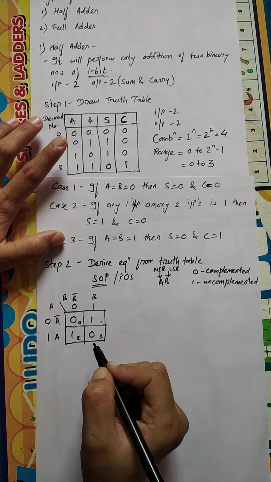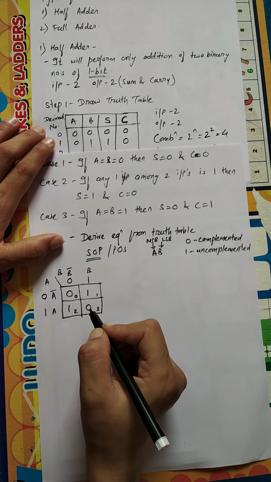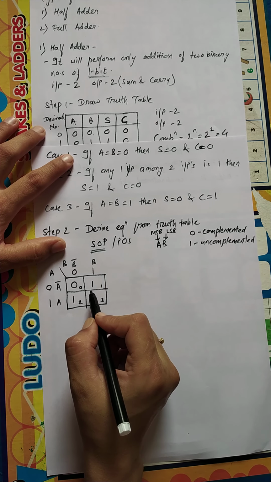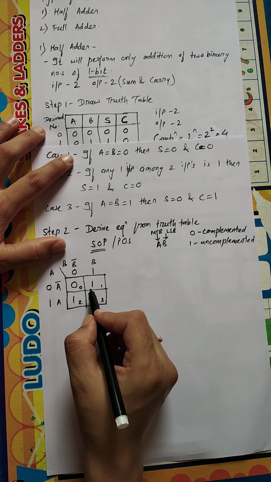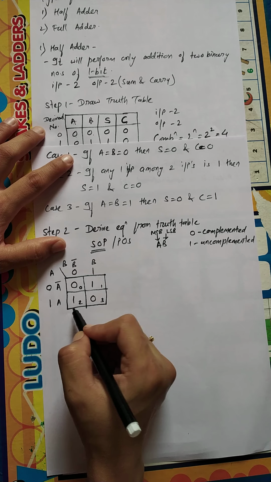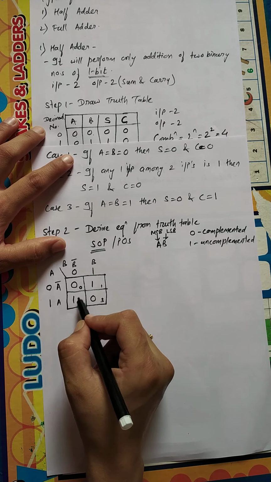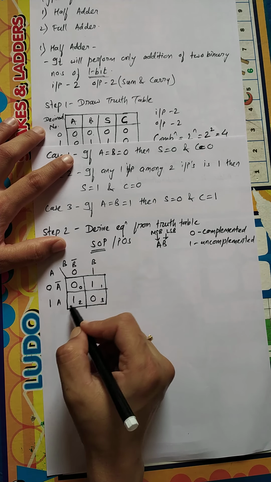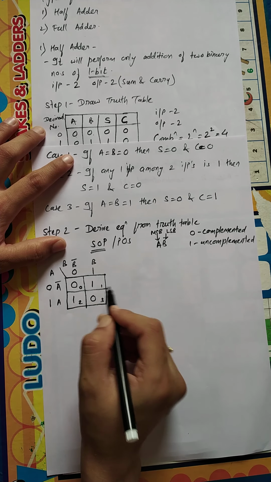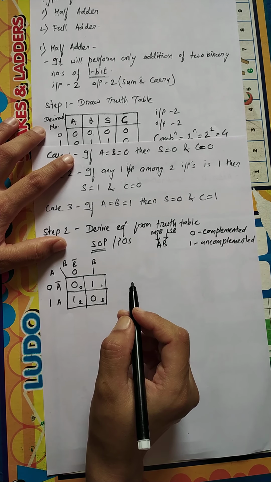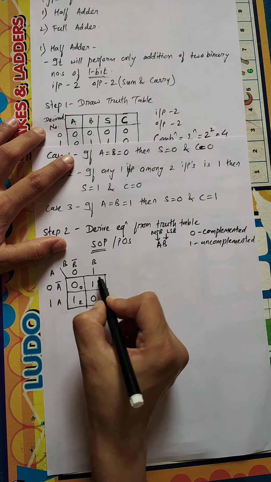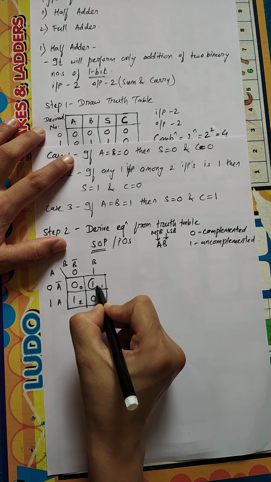Now I have to form an equation. For forming an equation, I have to group the ones. For grouping, we have to see whether we can form a group of 2 ones or not, since we are having 2 ones in this K map, but these 2 ones are not in the same row, not in the same column, they are diagonal to each other, so I cannot form a group of these 2 ones, right? As per the rules of K map, we cannot form a group of 2 ones placed in diagonal, right? So I have to form a group of single ones.